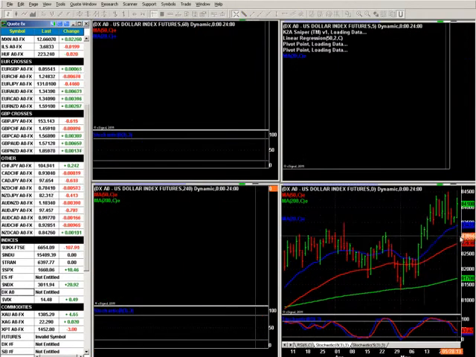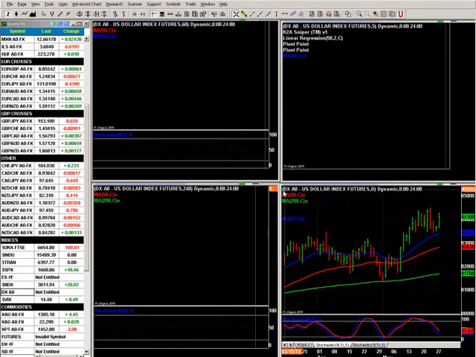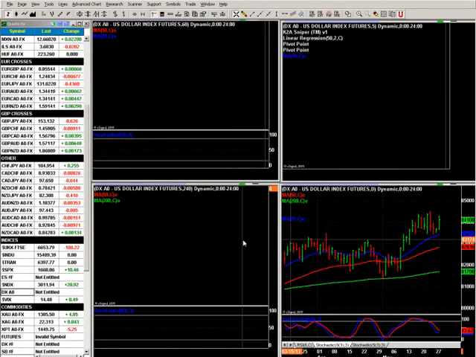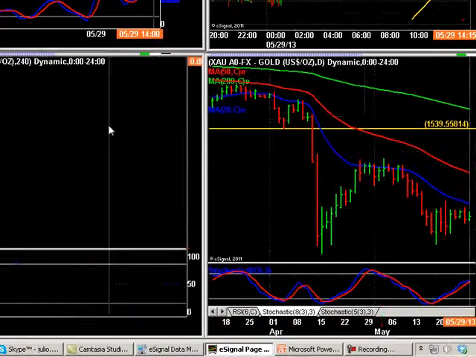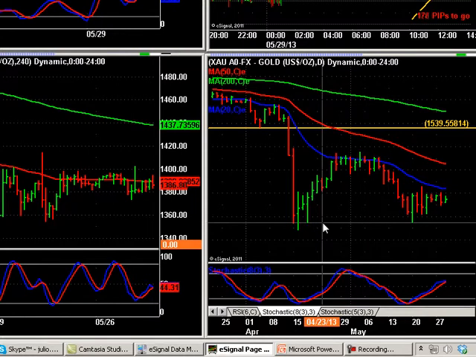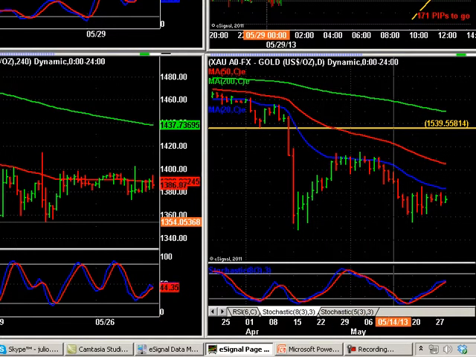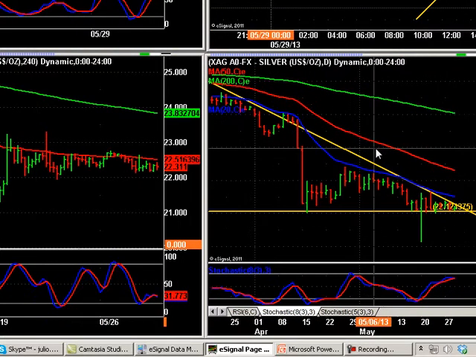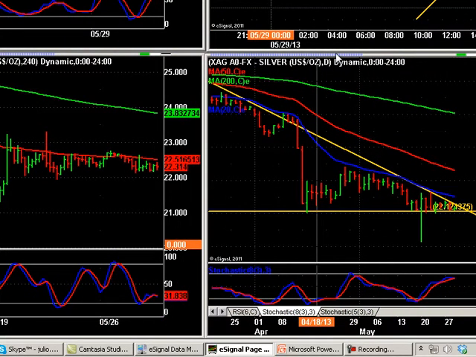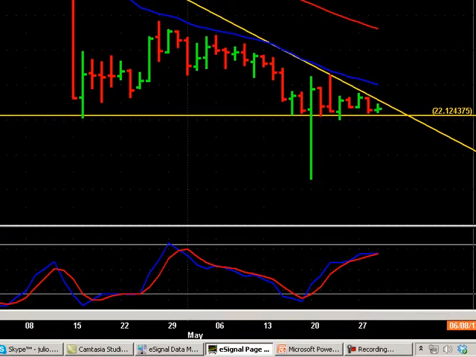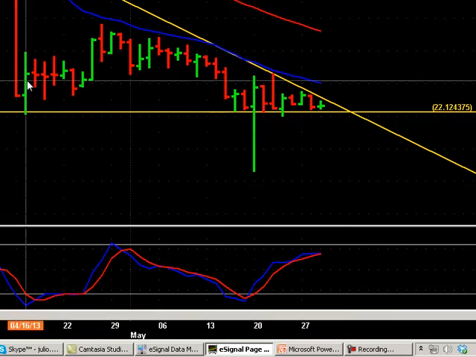Now we've got the dollar index. The symbol is DX space A0, and you get the dollar index there, which is currently pushing up, as we said before. So it's going up, and the stock market is going up too. Now we've got gold here, which gave a double bottom formation, not very powerful. We also have a silver, which is giving a big descending triangle. Big descending triangle here.